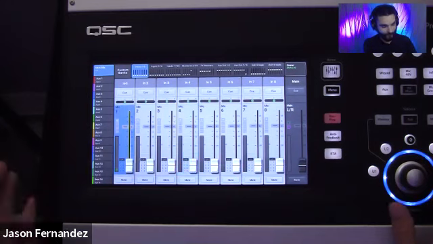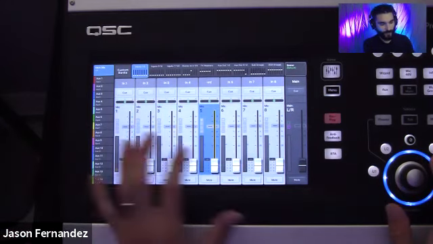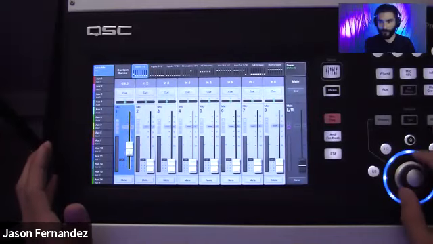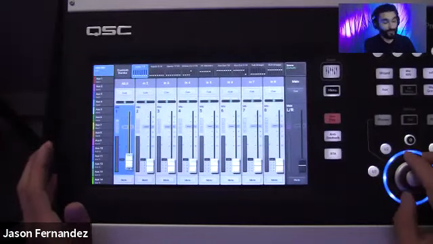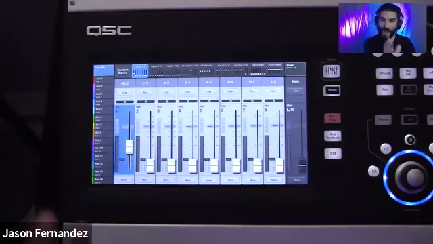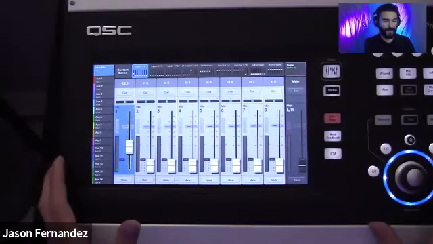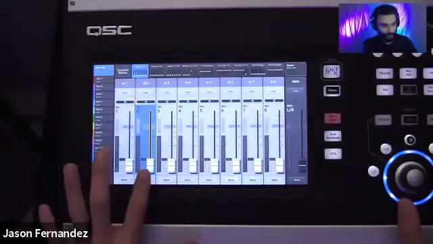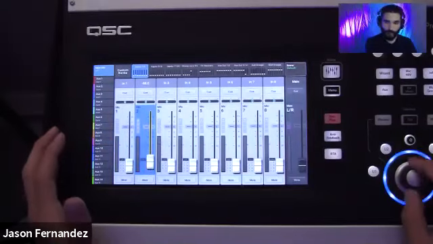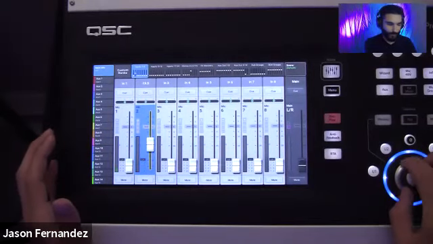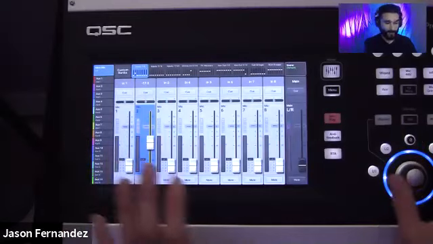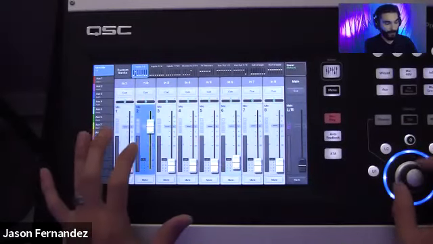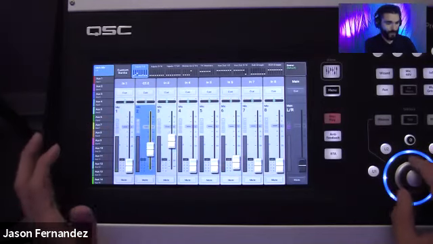And just to demonstrate, I can select any of my faders on my screen with my left hand, and then I use my wheel here to adjust the level. It's very simple. So it's a 2-handed technique. We call it touch and turn, and that's sort of the recommended workflow for TouchMix here. Of course, you can mix on the glass itself. You can slide this up and down with your finger, but the wheel provides a really nice tactile control that you can take advantage of, and it also gets you that 2-handed technique, so you can really start to fly around the board and mix really effectively and really efficiently with this method.